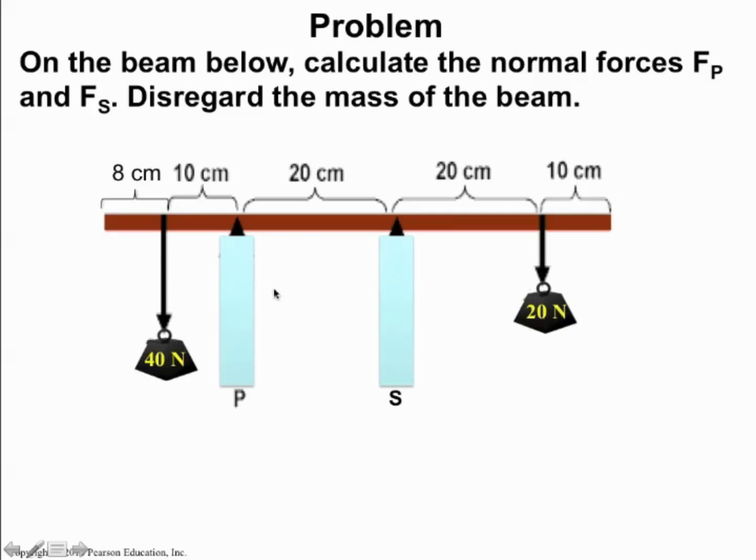Okay, and so we can see that there's a downward force of 40 newtons on one side, a downward force of 20 newtons on the other side, and in the middle we have two upward forces. Those are going to be Fp and Fs, two upward or normal forces. Alright, so using the techniques you've learned with the bus example, you're going to try to do this problem on